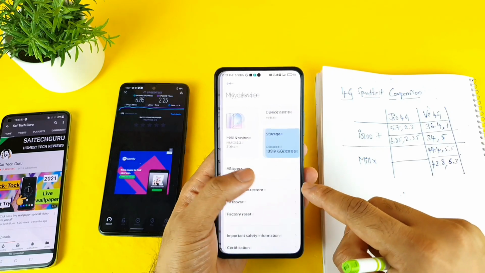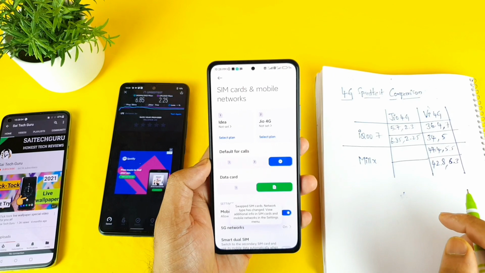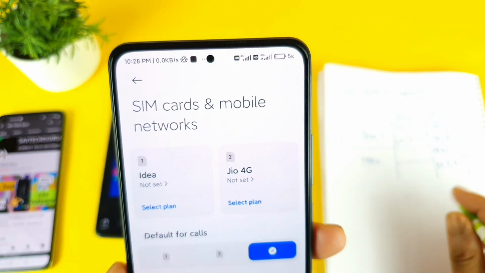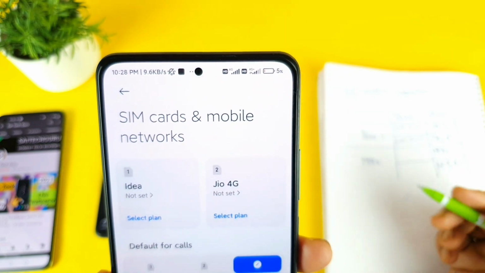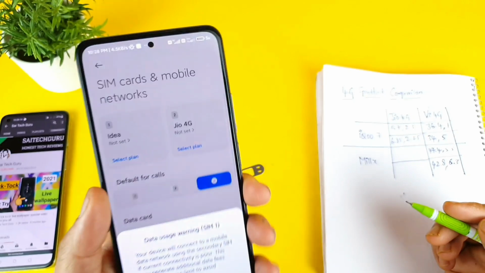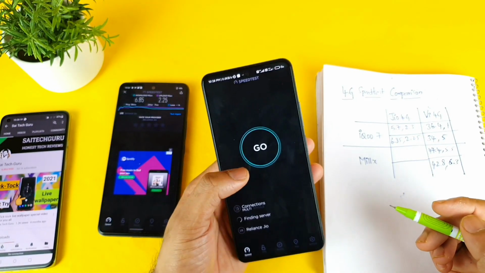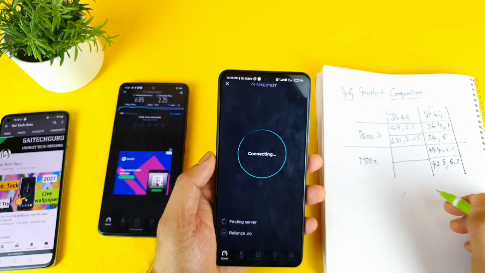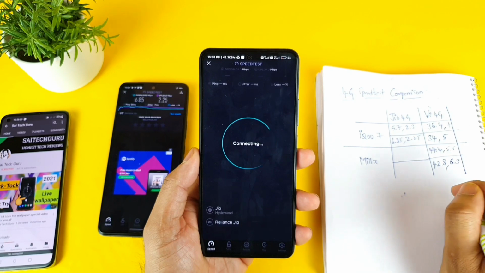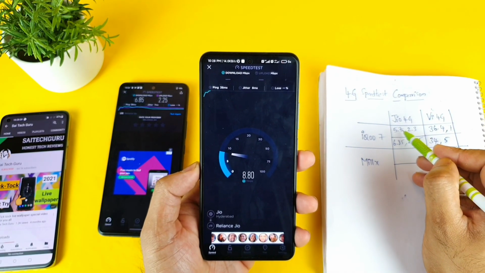So now let's change to the next SIM card, which is Data 2. As you can see, now I did change to the Jio SIM, and on the top you're getting 4G plus clearly. So you're getting 4G plus in this Mi11X device, as you can see, friends. Now let me open the speed test application, and let's see how the speeds will be using Jio 4G in this phone, whether it will be double or triple. That is what I'm trying to test.